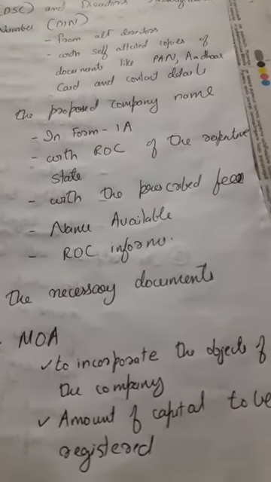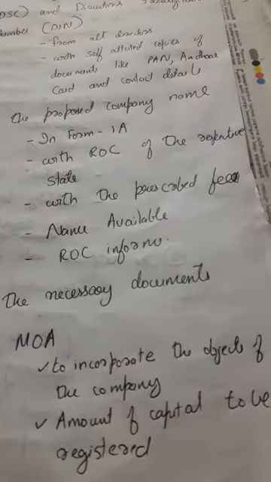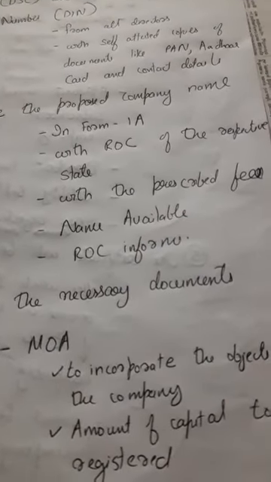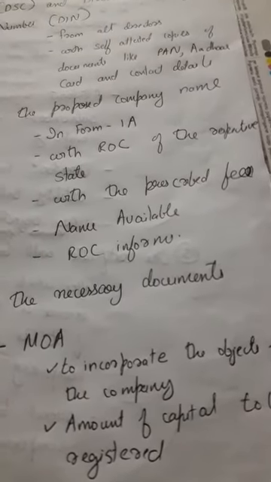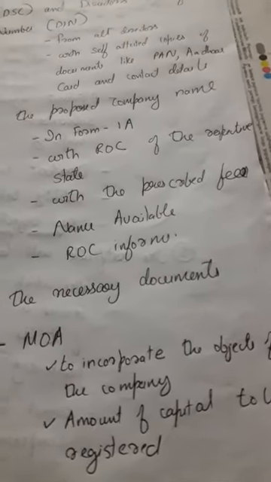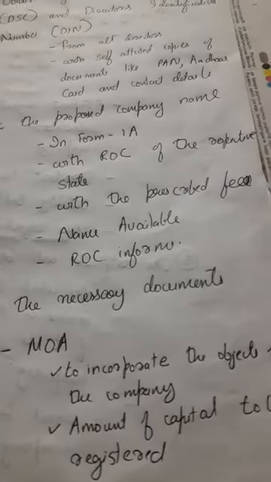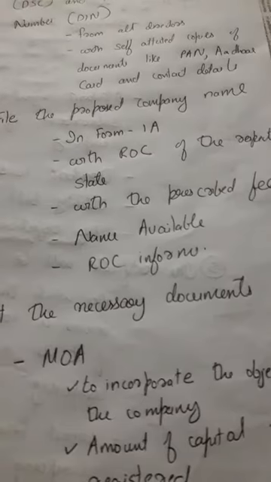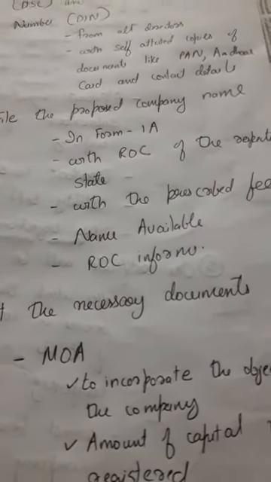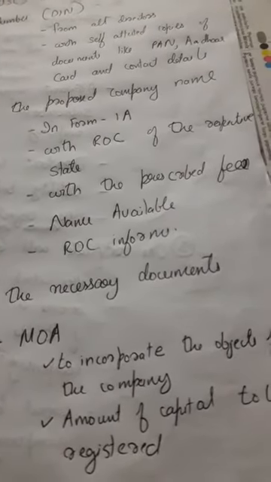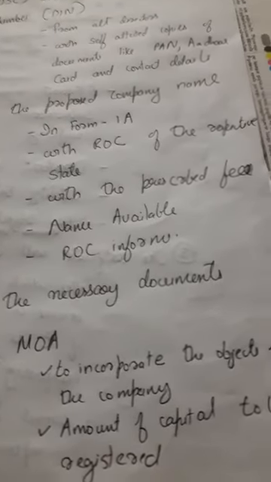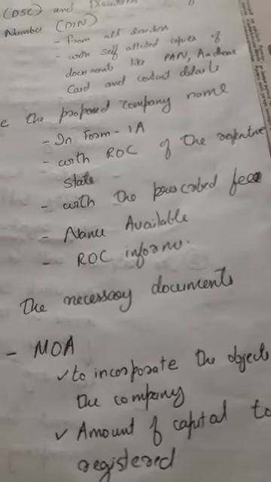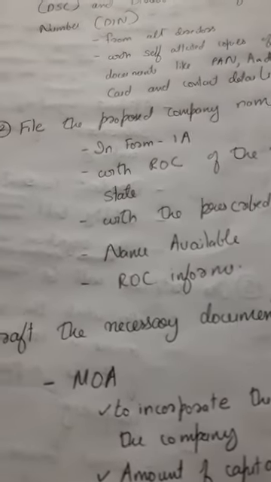Here you should note that for a producer company, only equity shares are permissible, and with regard to the amount of share capital, a minimum of rupees 5 lakh. The share capital must be a minimum of rupees 5 lakh. More than rupees 5 lakh is permitted, but the share capital must be at least that minimum, and only equity shares are possible for a producer company.